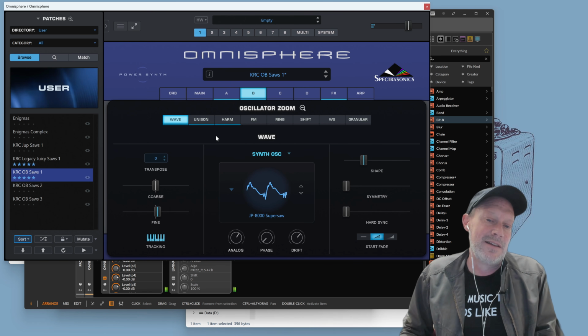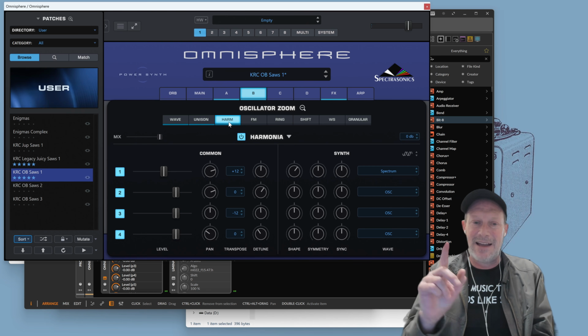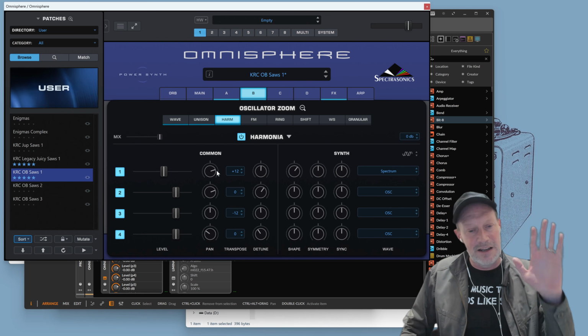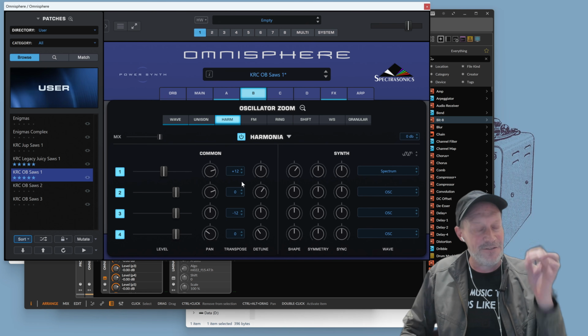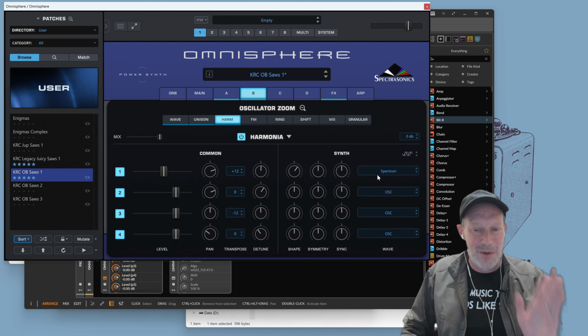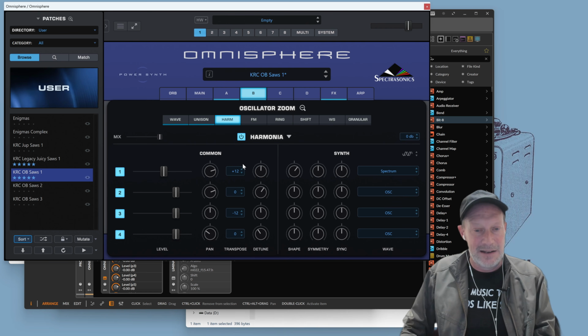And now there's a section we haven't talked about yet. It's called Harmonia, and Harmonia is another approach to unison. When you turn Harmonia on, you actually get 4 oscillators that you can detune both coarsely and finely with respect to each other. And not only that, but we can actually change the waveforms. So you'll see that we've added an oscillator up at 12 semitones, an octave above our core oscillator,